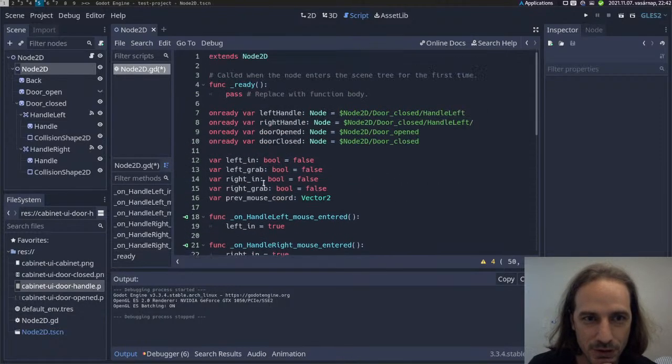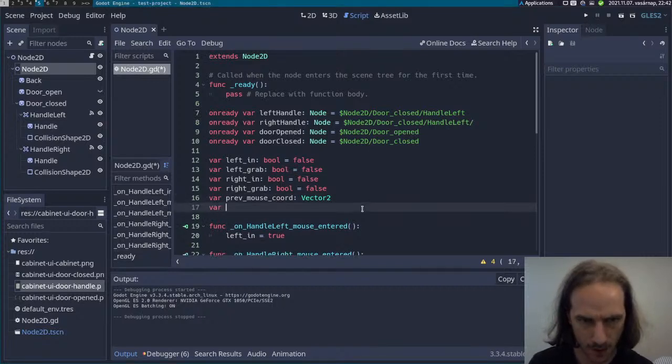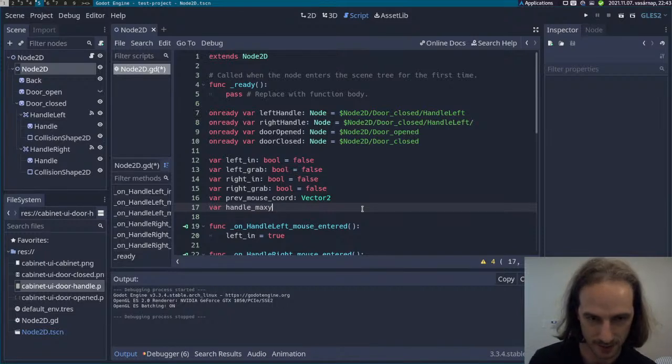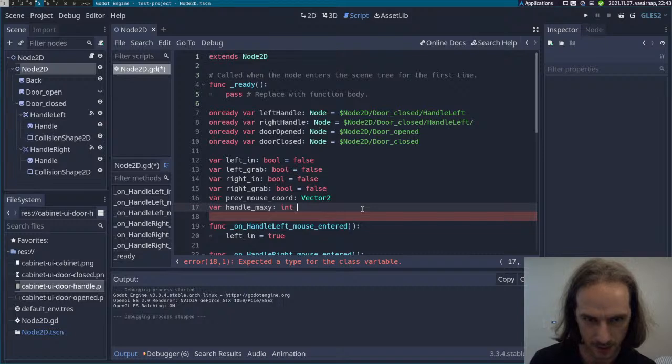Now I need to just figure out, I guess, var max y. So I don't want the handle to be moved more to the bottom than where it is. So this is going to be an integer, and this is going to be equal